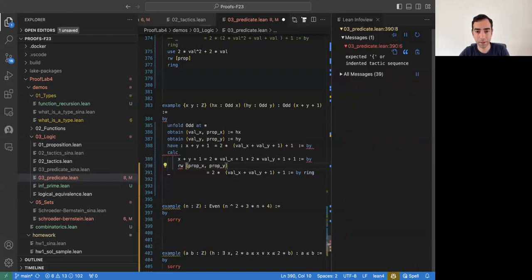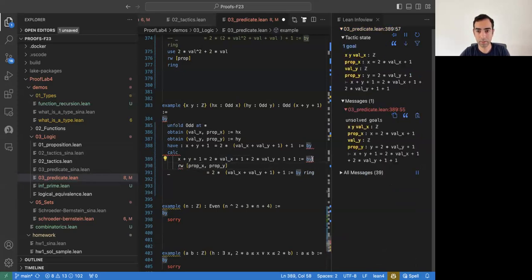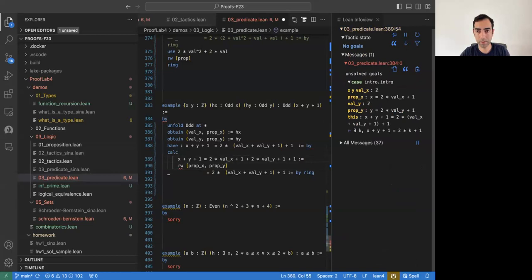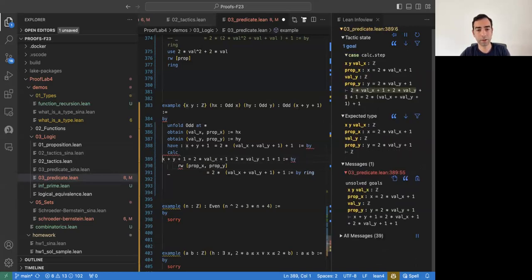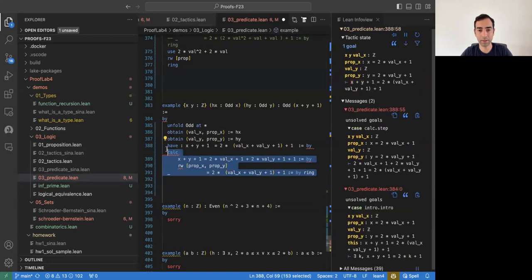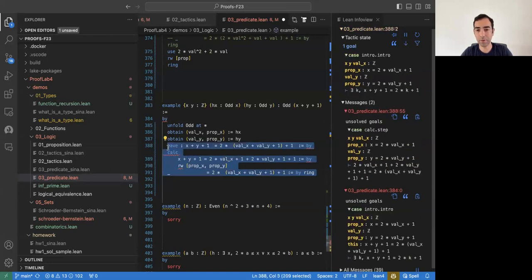But I'm wondering why doesn't rewrite work here? Maybe, no. Okay. Can it be? Okay, I don't know why. So I will fix this. I'm not really good with this calc tactic, but I will fix it and put it on the GitHub. But now we know what this